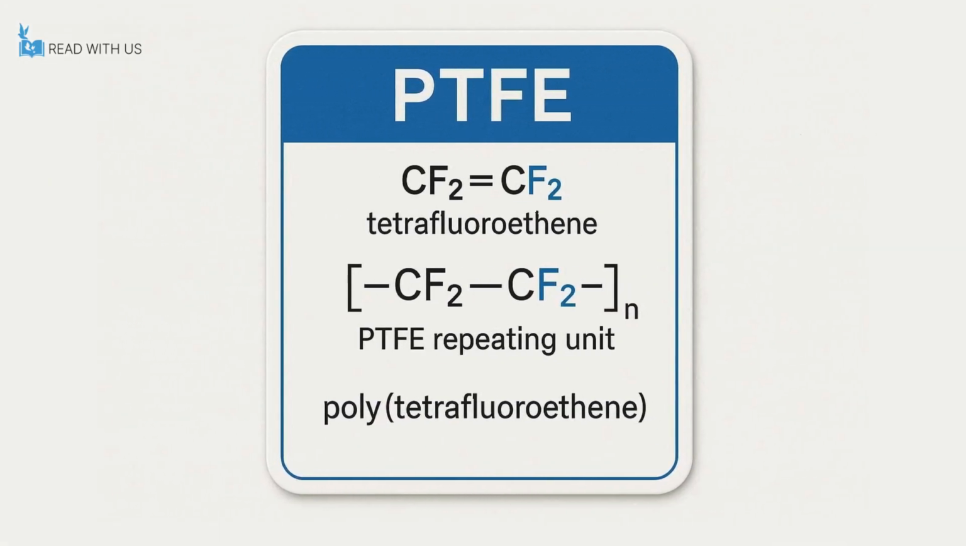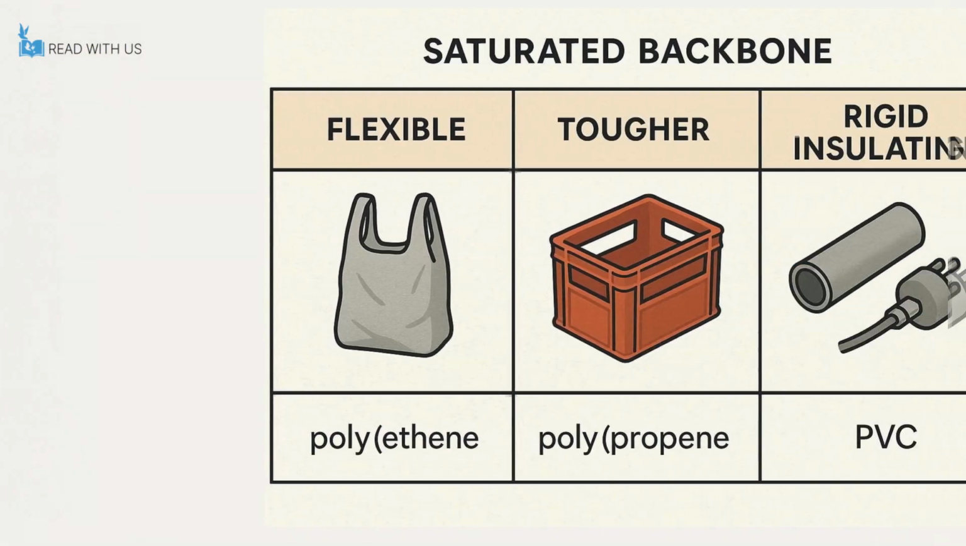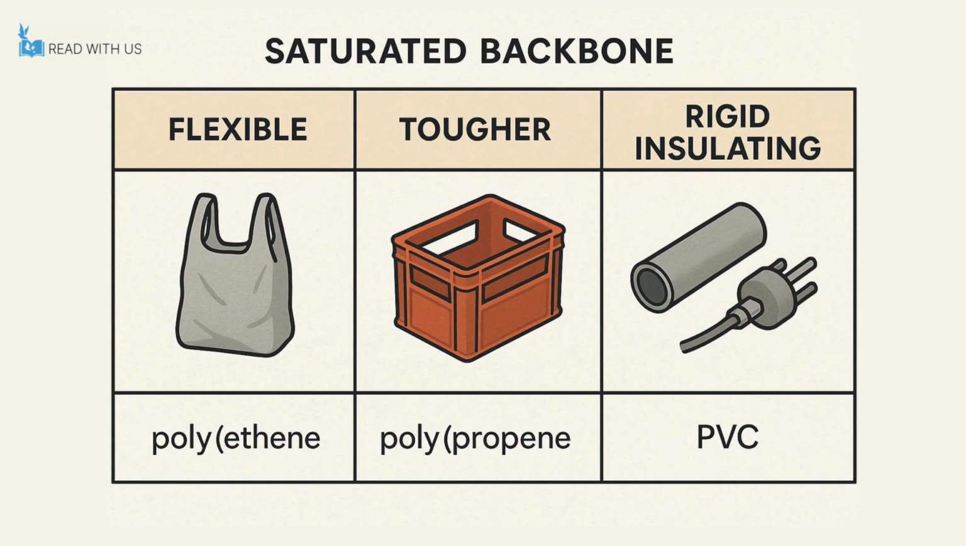Another example shows tetrafluoroethene, CF2=CF2, converting to the repeating unit of PTFE, with fluorine atoms on each carbon and the name polytetrafluoroethene. A property card links the saturated backbone and different side groups to material behavior by noting